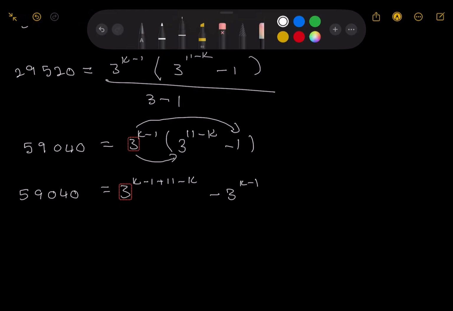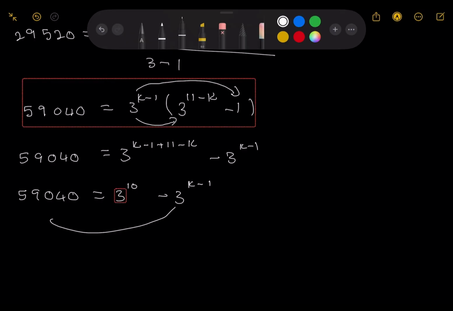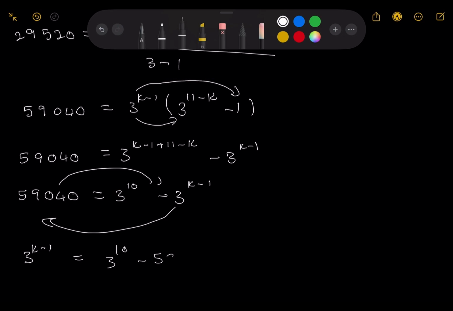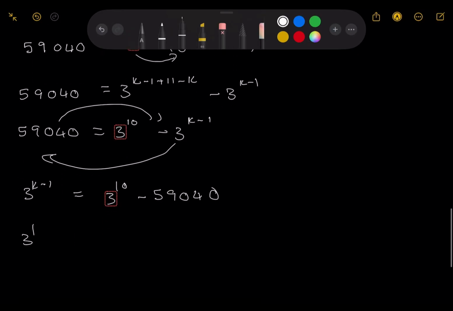Simplifying, k minus k is 0, 11 minus 1 is 10, so it's 3^10 minus 3^(k-1). Taking this one to this side and this one to that side, we get 3^(k-1) is equal to 3^10 minus 59040, and this is equal to